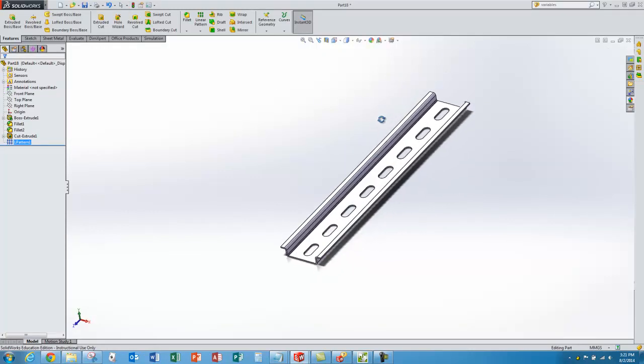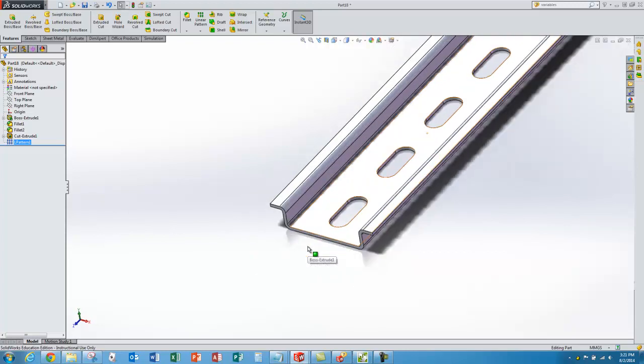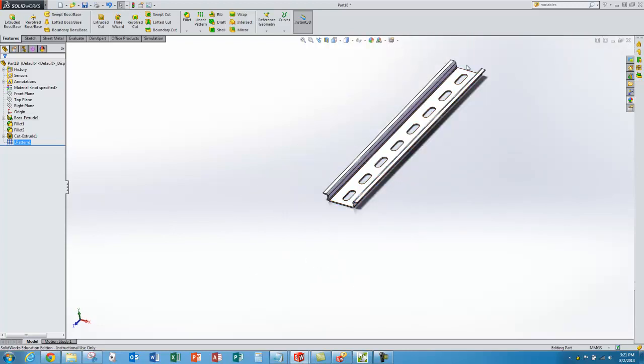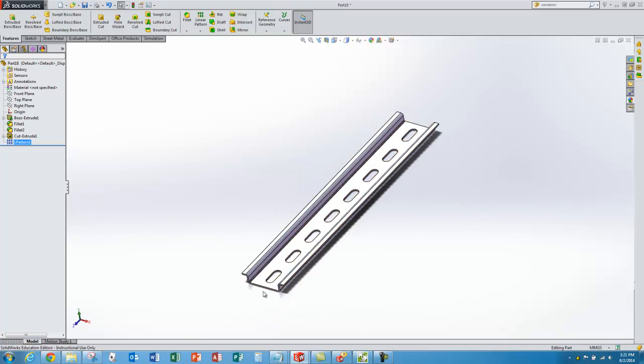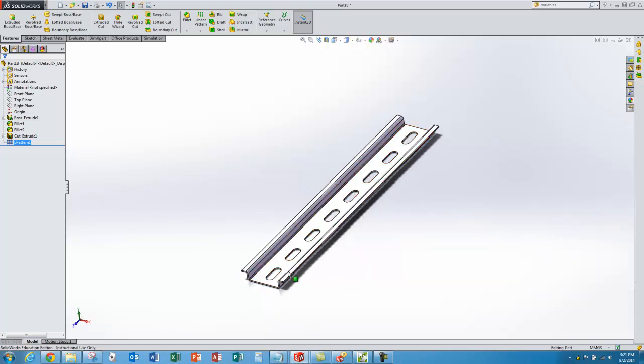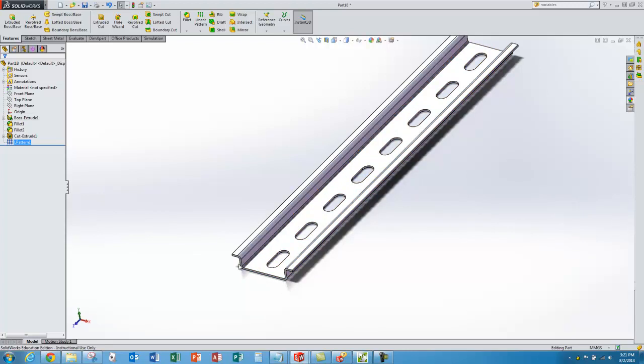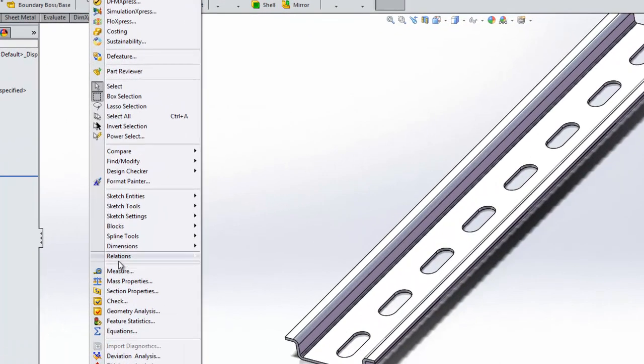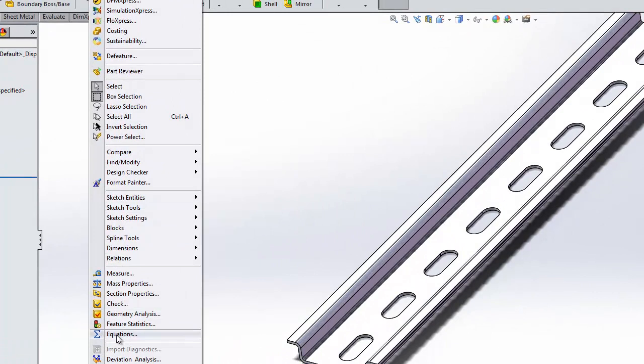Now I've created my part. Now we can stop here and have a good model of our DIN rail, but in the future, I might want to have different lengths of DIN rails, and I'd like to be able to have them automatically update based on the length I want to make them. So if I come up with a design rule that says the lengths have to be in multiples of 25 millimeters so that the slot where I cut the DIN rail is always centered between two slots, I can do something using equations. So what I'm going to do is go to Tools, Equations, and I'm going to create two